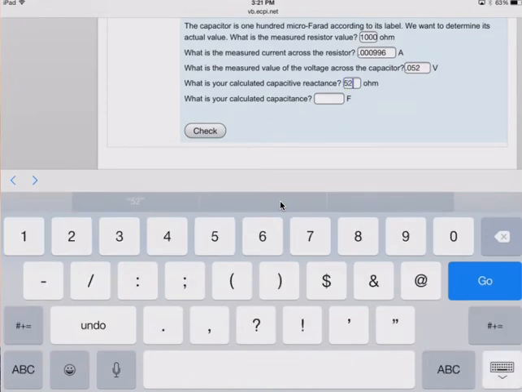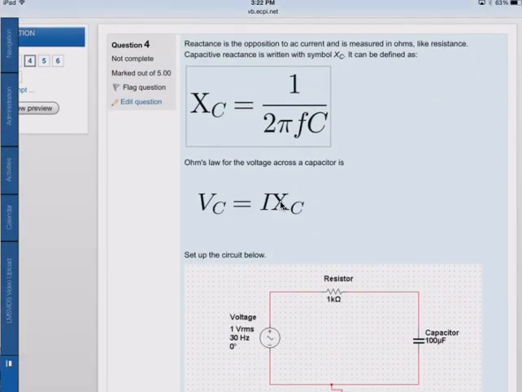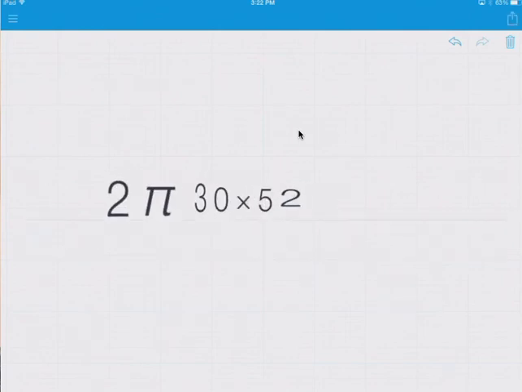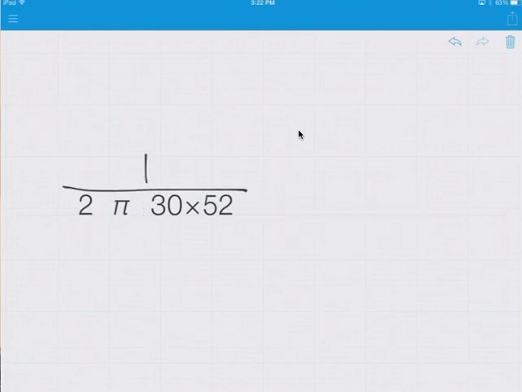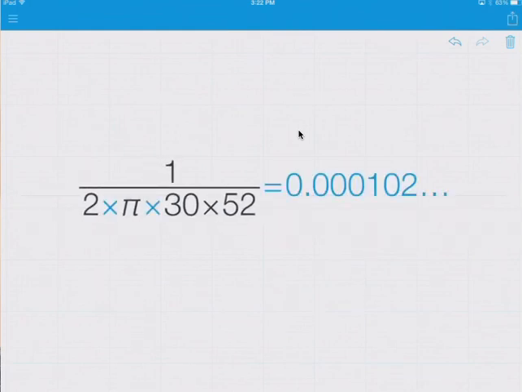So now if we want to calculate our capacitance, we use our capacitor reactance here, and we know the capacitor reactance, and so we're going to switch this around algebraically. We're going to take capacitance out. So we're going to say 1 over 2 pi times 30, which is our hertz, times the capacitor reactance, which is 52. So let's do that. I just like to do 2 pi 30 times 52. That's just the first thing I would like to do, and then just put that under 1. And we see that we're getting